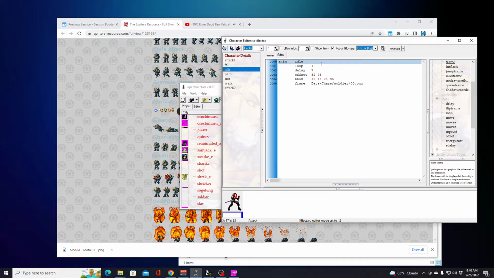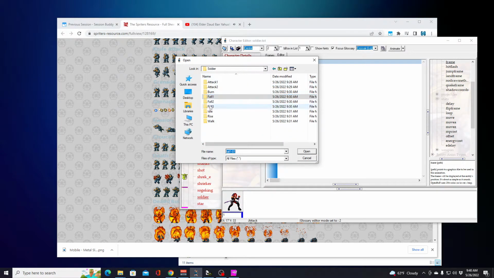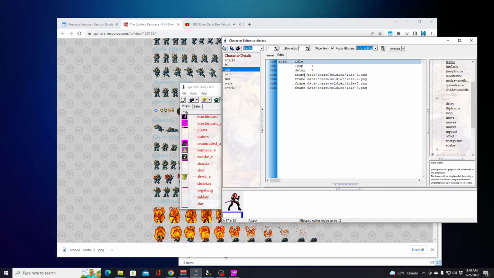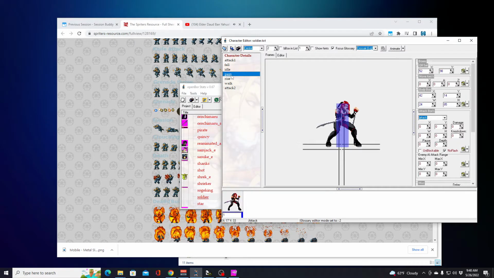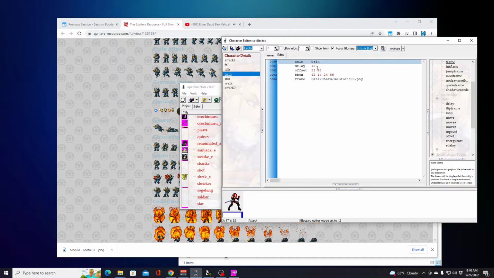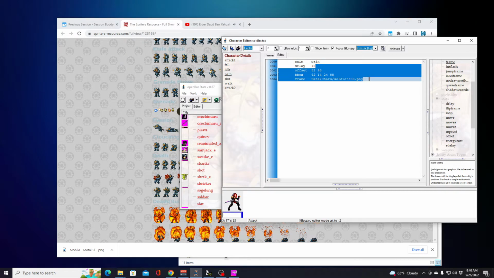Then idle. Idle, we don't have to worry about those issues. Again, we'll get rid of this other text. Right click and go to our import. Copy files, go to idle, Control A. All right, we go to frames here, animate. There you go. So that's there. Now we're at pane. So go back to editor. We'll probably need to change that delay, but right now, all we're doing is just inserting the frames